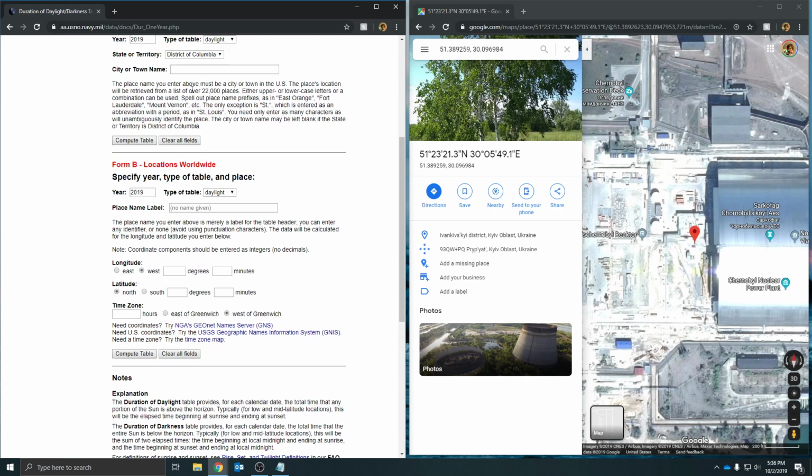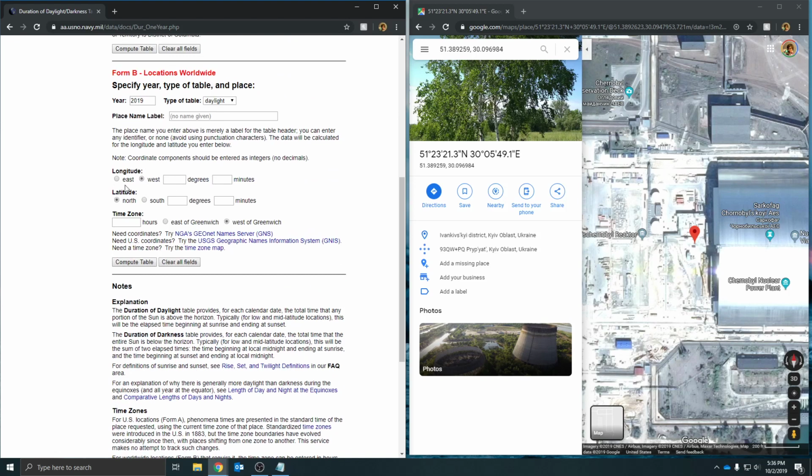But we're going to scroll down a little bit on this page, and you'll see there's a spot for me to enter a latitude and longitude, and these are the values here. Notice this one is north, so this is a latitude given to me. And this one is for east, so this is a longitude. This one actually asks for longitude first, and I'm east. I'm in the eastern hemisphere. Russia or Ukraine is in the eastern hemisphere. So if I hit east, I'm going to type in